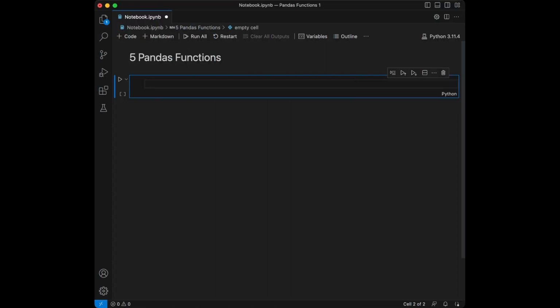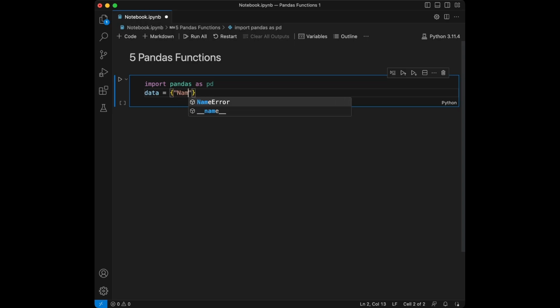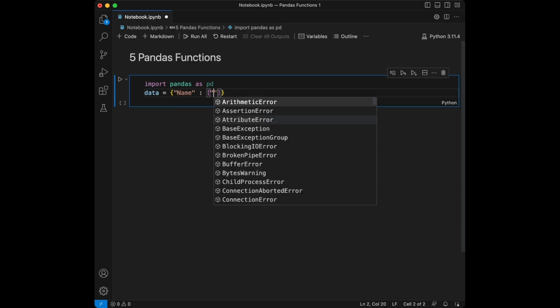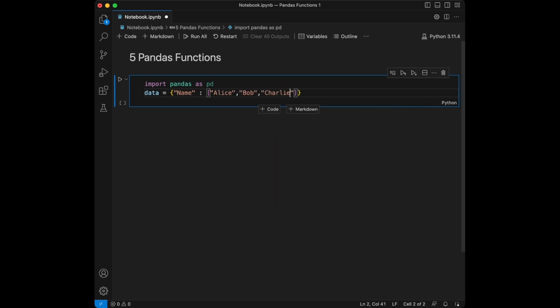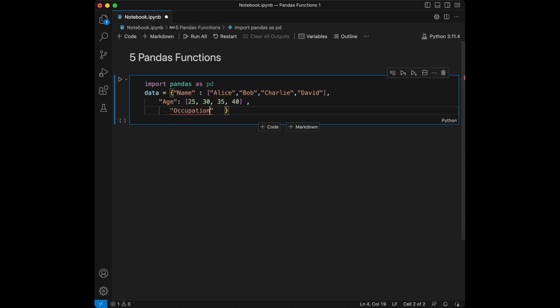Firstly, let's create a small dataset to work with. Let's say import pandas as pd and import pandas. Then we are going to create our data together. Let's say name and give names here like Alice, Bob, Charlie, and David. Let's just create a data of it for rows, then say age and do like 25, 30, 35, 40. Normally I don't record the data creation part, but this time I want to try occupation,